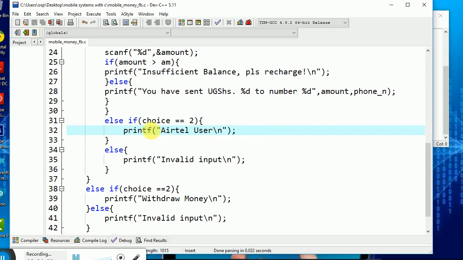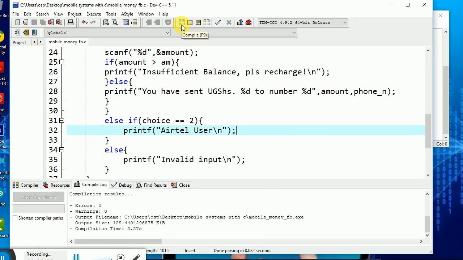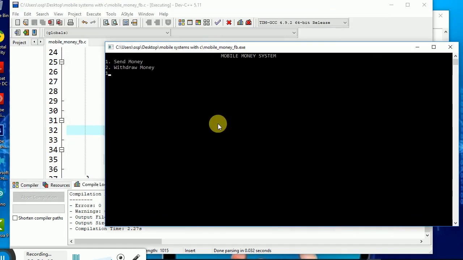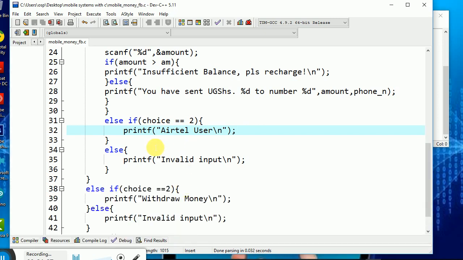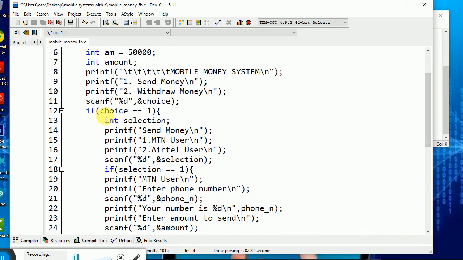Let's test that before we proceed with our system. Let's try to run our system now. If you check back here, press 1, good. Press 2 for MTN Airtel user. Wow, it still gives us invalid input. So let's check why. I said here choice. We check back in our system. If choice equals to 1,